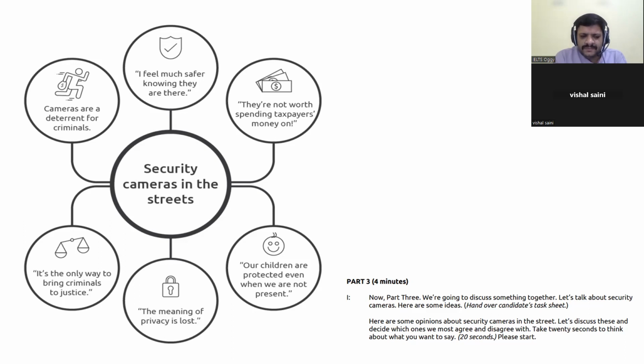But we see that a lot of crimes happen even when the security cameras are there. You know, most of the criminals, or many criminals, are caught because of the cameras only. So they still give rise to such criminal activities, even when they know the cameras are there. So do you really think they are effective?